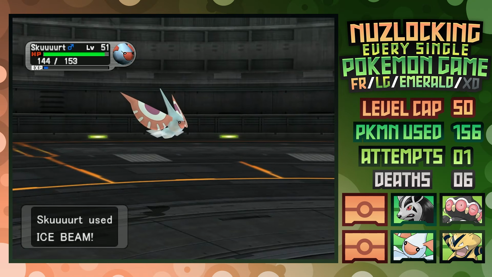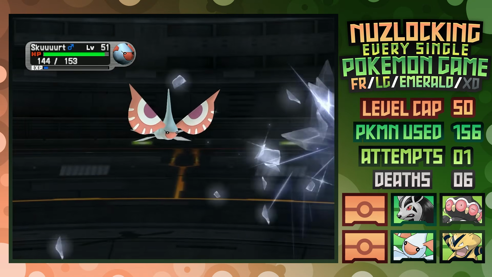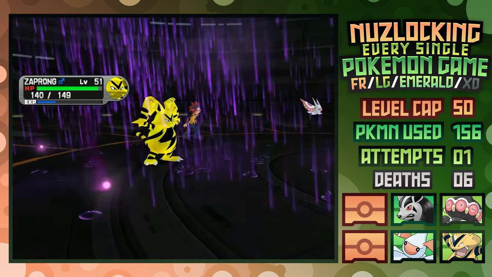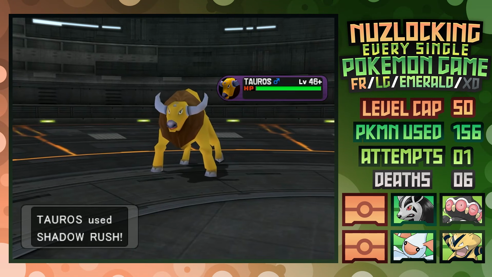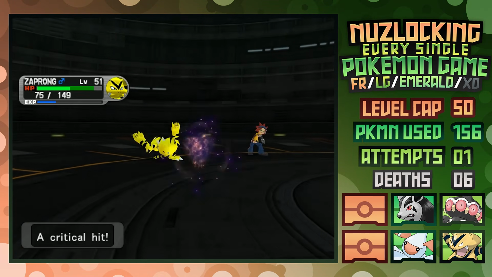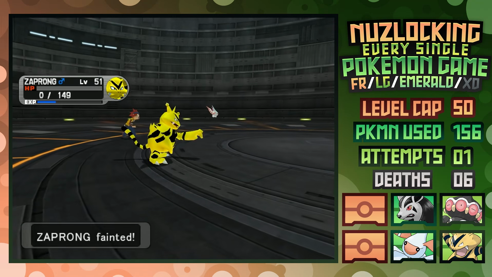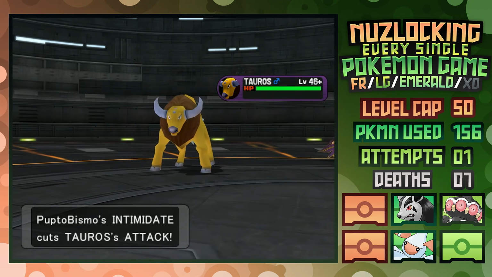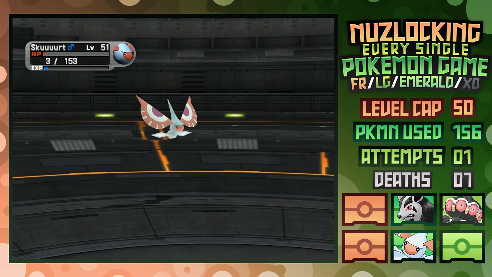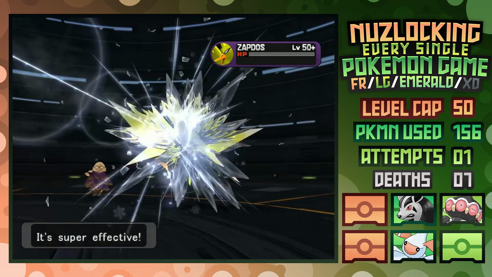Not a problem though, as Zapdos comes in and takes Ice Beam from the Masquerain, taking around half as Electabuzz hits Thunderbolt next turn to nearly KO, but of course a critical Shadow Rush from Tauros manages to take out Electabuzz from nearly full HP. All good though, as long as Shadow Bolt doesn't KO Masquerain, which it barely doesn't, 3 HP, it goes down